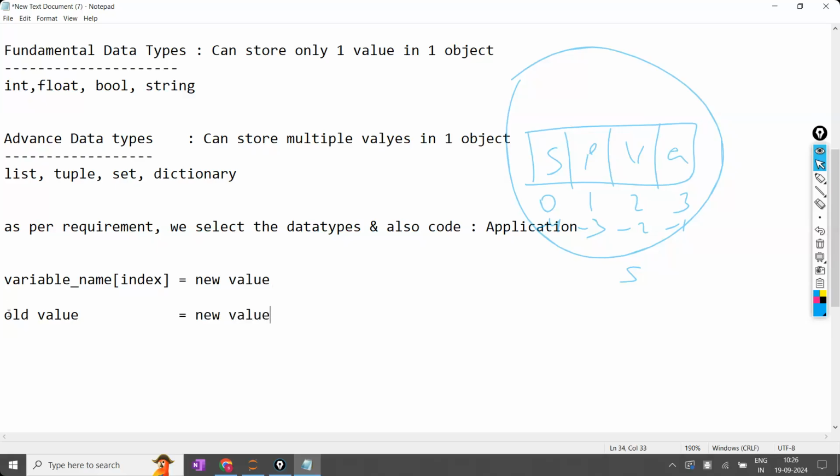Replace will create a different object. Replace will create the different object. So here, within the same object, you have to do the replacement, means this one. And this is applicable